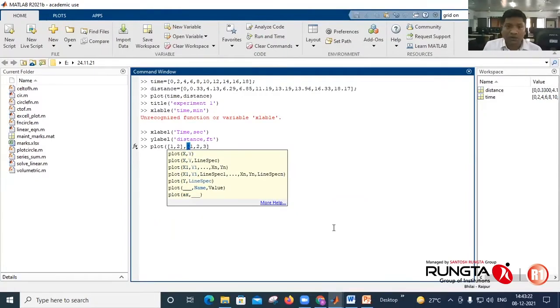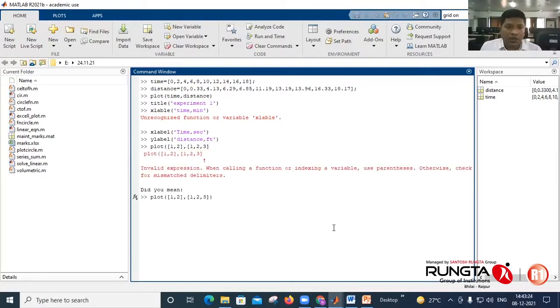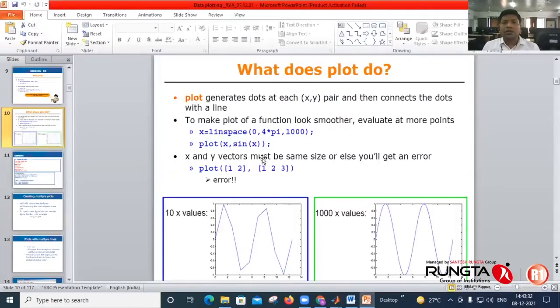As they are not equal, you will get an error message. So x and y vectors must be of the same size, or else you will get an error.